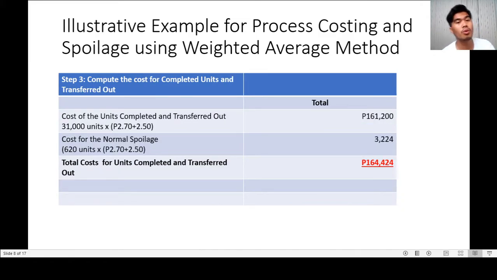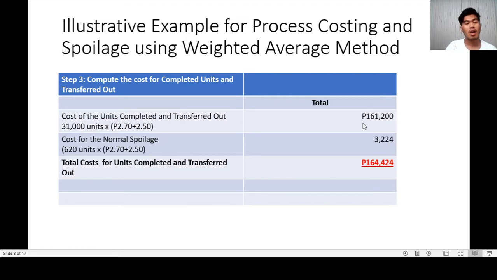Now, how do we compute the completed units? The cost of completed units and transferred out. So, we said we have 31,000 units completed. So the 31,000 units are already completed. There is already materials and there is also conversion cost. So our materials EUC, the equivalent cost per unit, is 2.7, and for the conversion cost is 2.5. So 2.7 plus 2.5, that is 5.2 pesos, times the 31,000 units, we have 162,200 for the